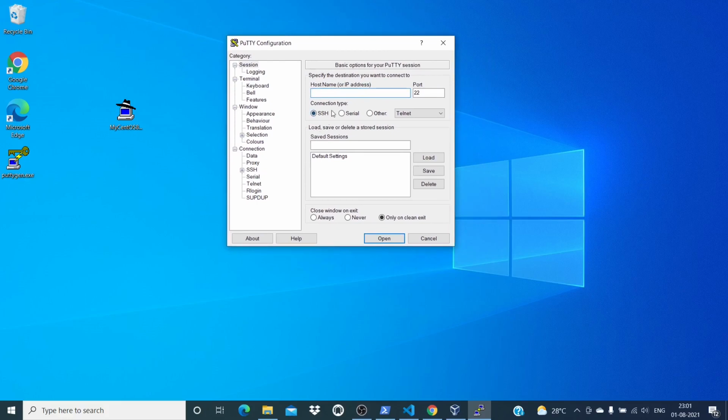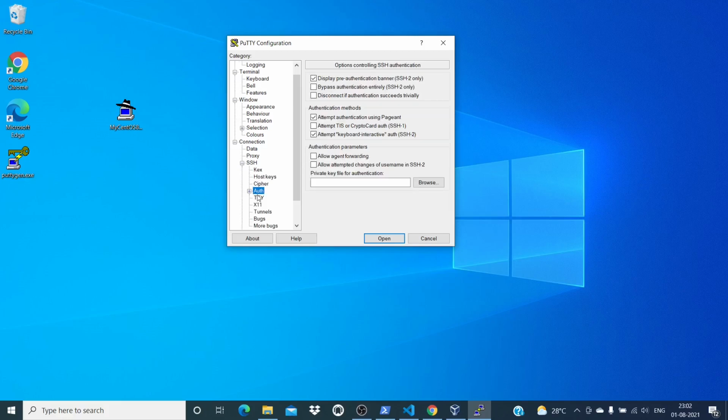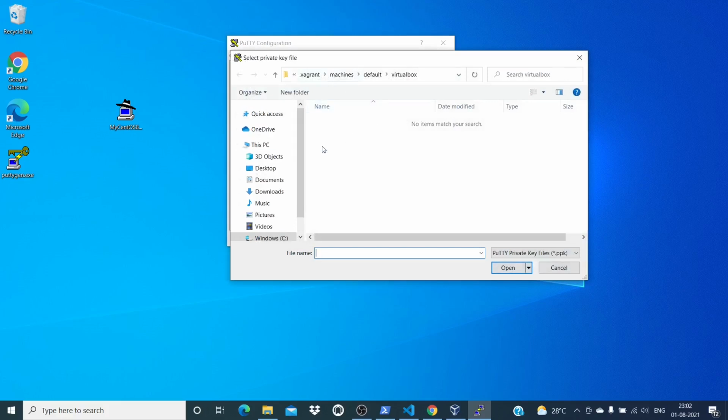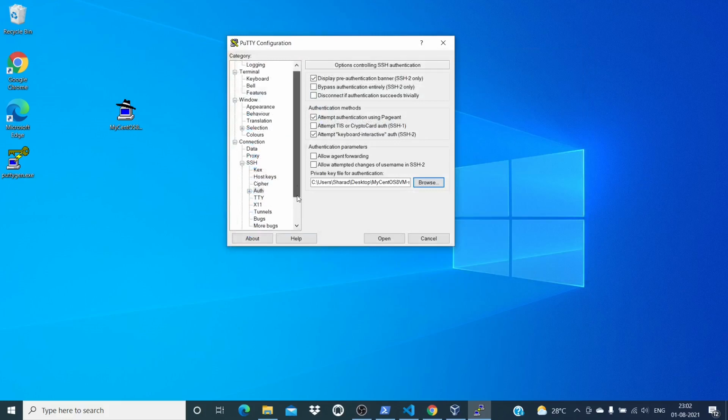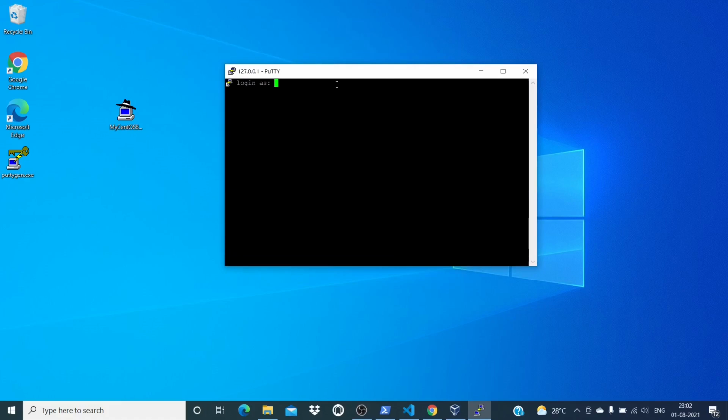All right, so here 127.0.0.1 and port 2222, this is the custom SSH port for which they did the port forwarding. Again, go back to the auth section here, right, and on the desktop, select the ppk file. Okay, and you can directly press open also because it is already there. Okay, no error, no message here. All right, let's try Vagrant. Ooh, yeah,